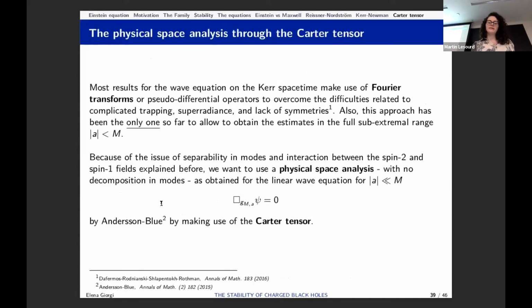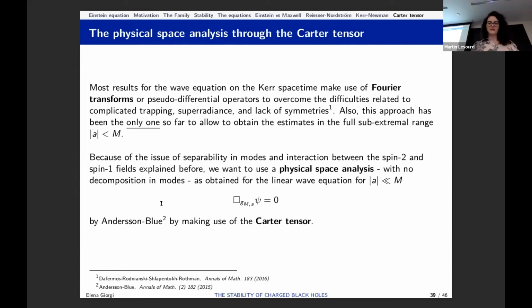Okay, and really, I want to conclude the last 5 minutes mentioning how one then goes on to, these are the kind of sketch of how you do energy estimates. But really, in Kerr-Newman, you cannot close the energy estimates by themselves. You really have to have the Morawetz estimates as well. And here